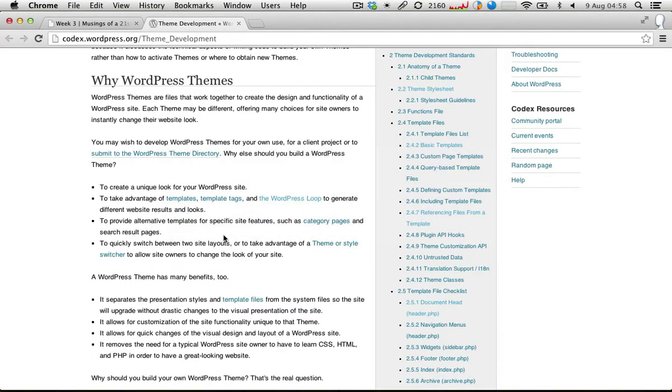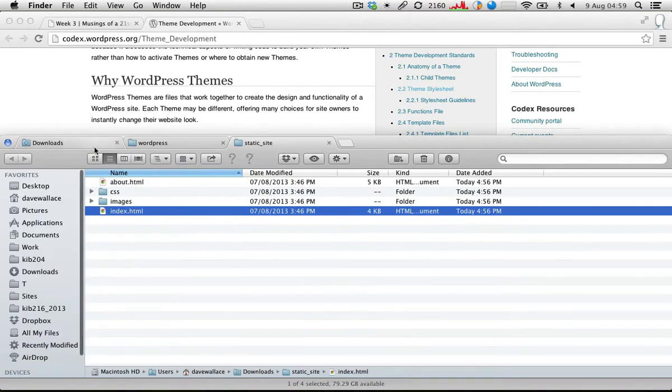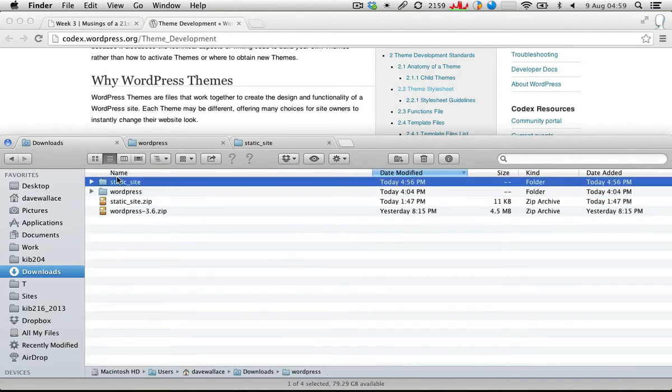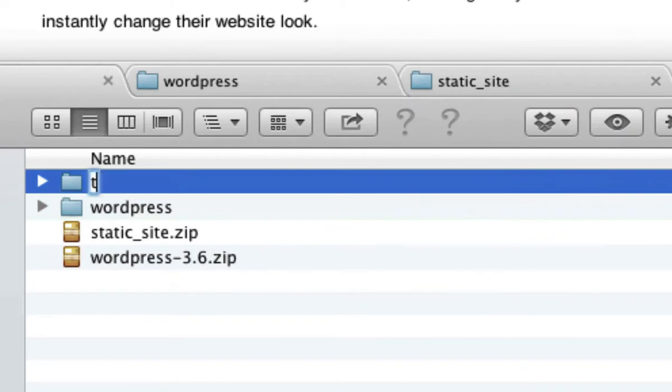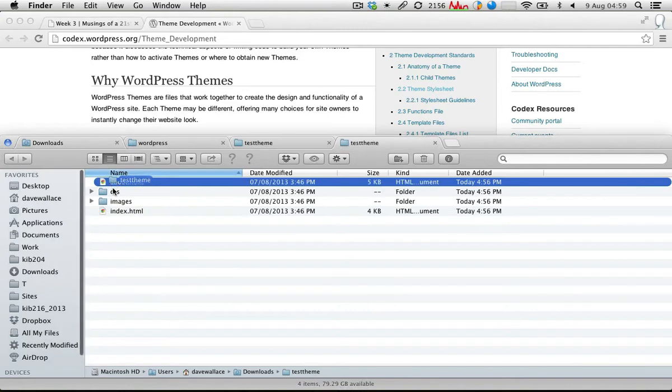So what I need is a directory name which somehow relates to the name of my theme. I'd rather not call my theme static site. That doesn't make too much sense. So I'm just going to give it a name like test theme, and that's going to be the name of my theme directory. Now what I need to do is make sure that this theme directory